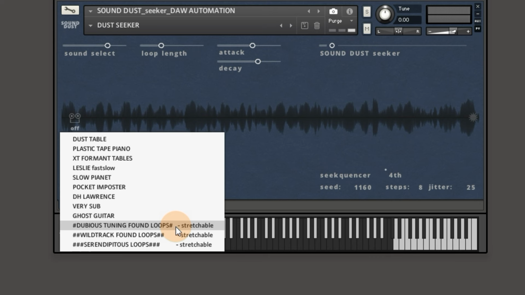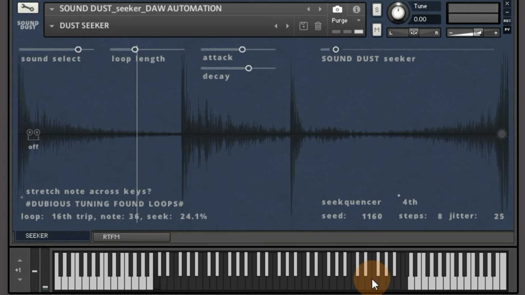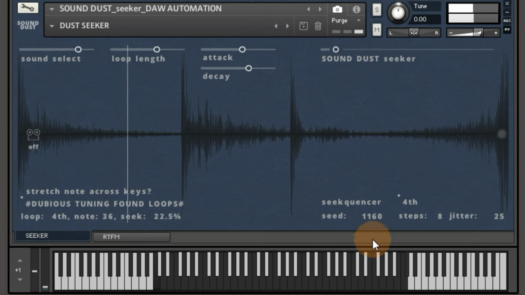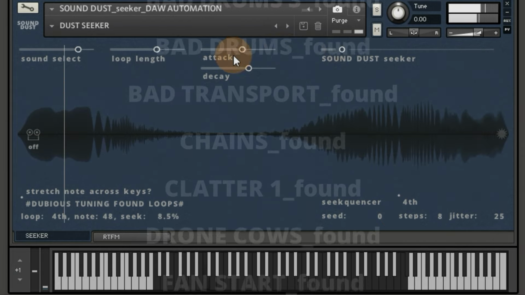There's also a whole another section which is the loop section. And we've got 3 bits here. Every key now has a different loop in it. Let's turn off the sequencer. Now